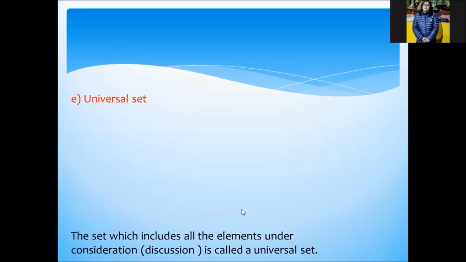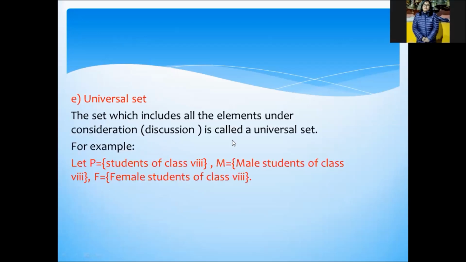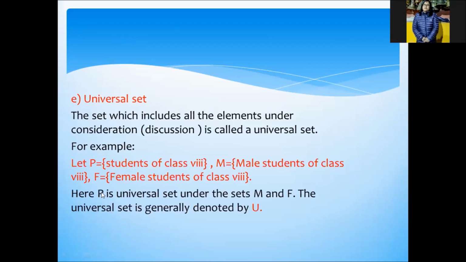Universal set. Okay, what is a universal set? The set which includes all the elements under consideration or discussion is called a universal set. For example, let P equal students of class 8. Now you are also in class 8, so I have taken class 8. So M is male students of class 8 and F is female students of class 8. Here P is the universal set under the sets M and F. The universal set is generally denoted by capital U. Okay, next point,